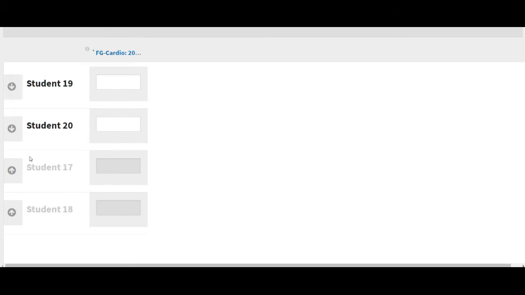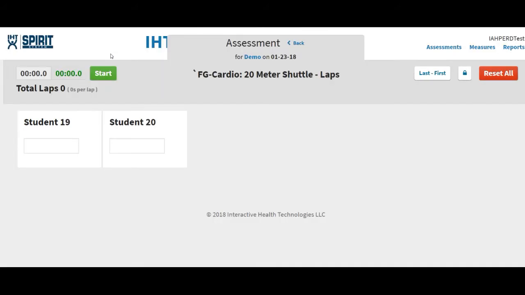As you notice, when I clicked the arrow down, the students dropped to the bottom of the page and they were also grayed out. So now I have half of my class in white boxes and half of the class in grayed out boxes. Click the hyperlink FG20, and this takes you to the data collection page and the timer page. You can use your videos or your CDs for FitnessGram Pacer if you would like, or IHT has beeps